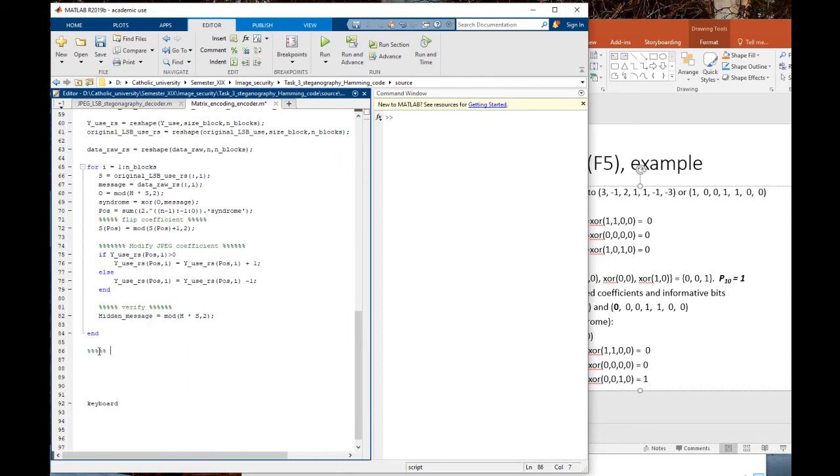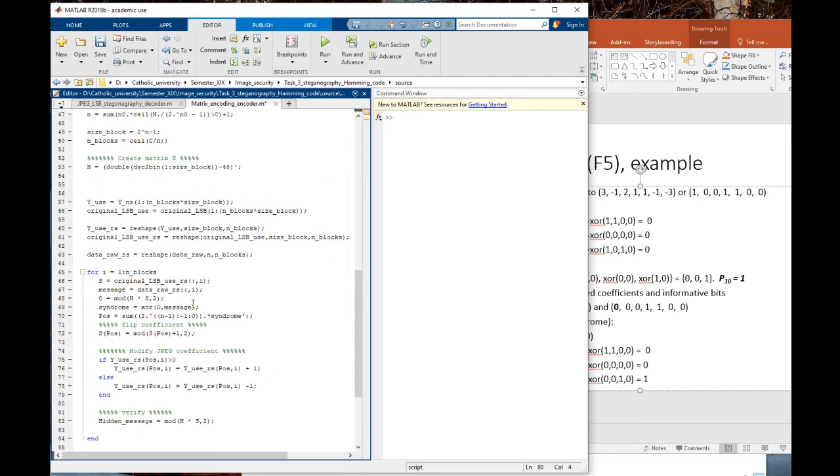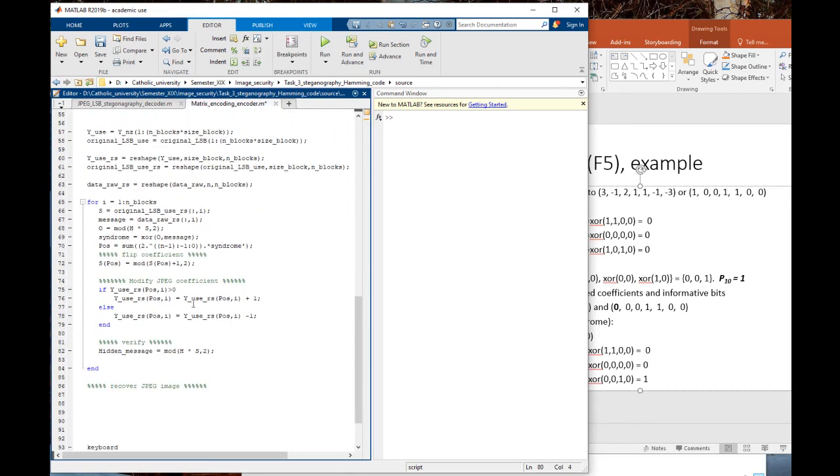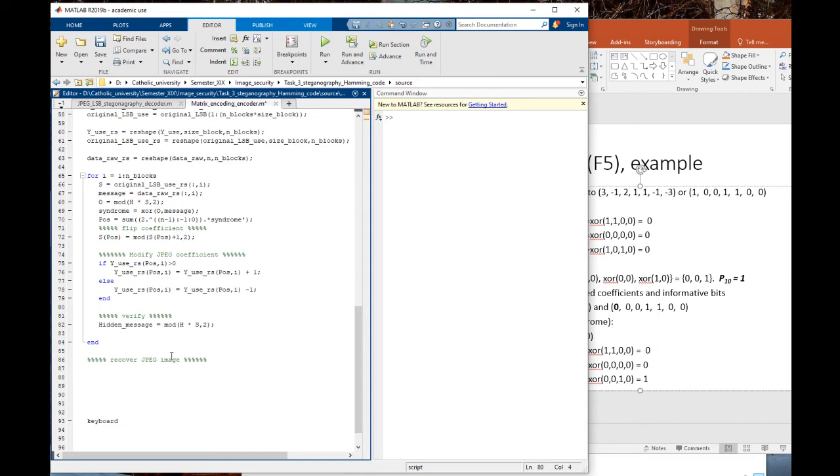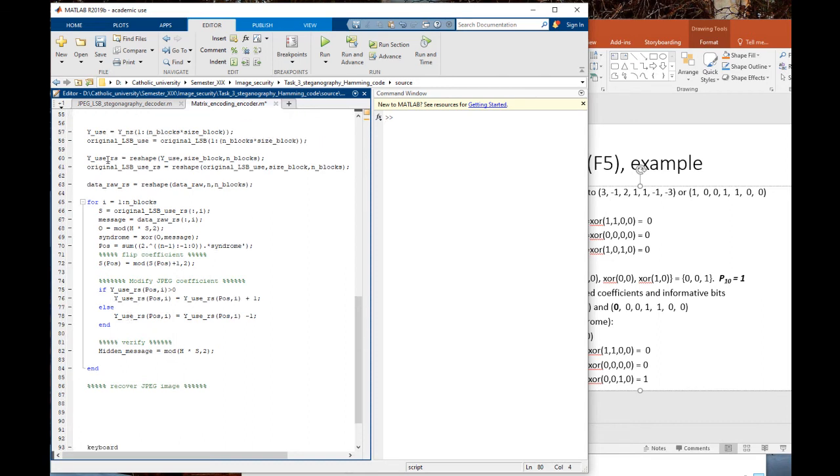Okay, so here let's recover the JPEG image, in a very similar way to how we processed the previous case when we used the LSB steganography. So the first thing I need to do is to get the original